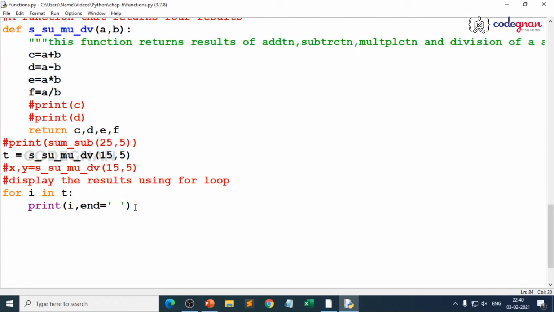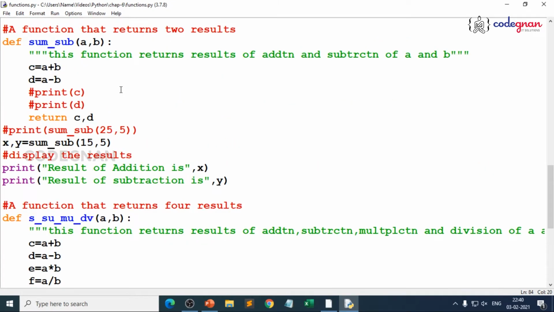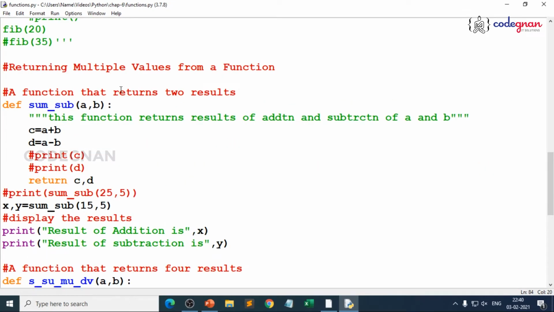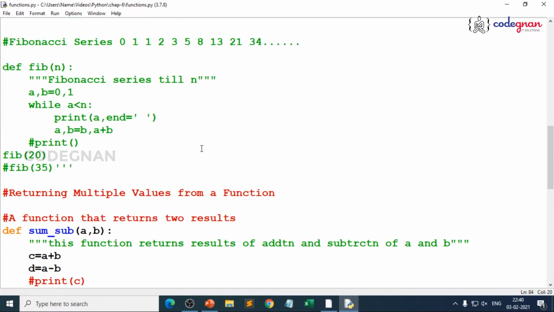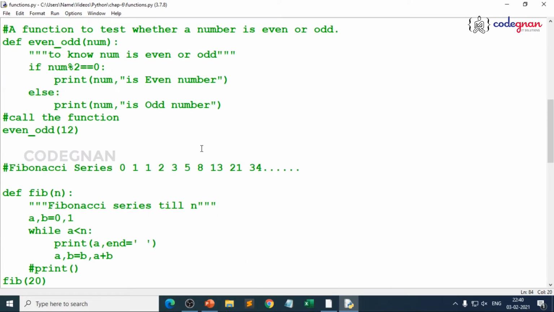So we have understood the definition of a function. We have also seen how we pass values into a function and how we can return multiple values from a function, right? So we are pretty clear with understanding the concepts of function, right? Now let's extend the properties of functions in detail.